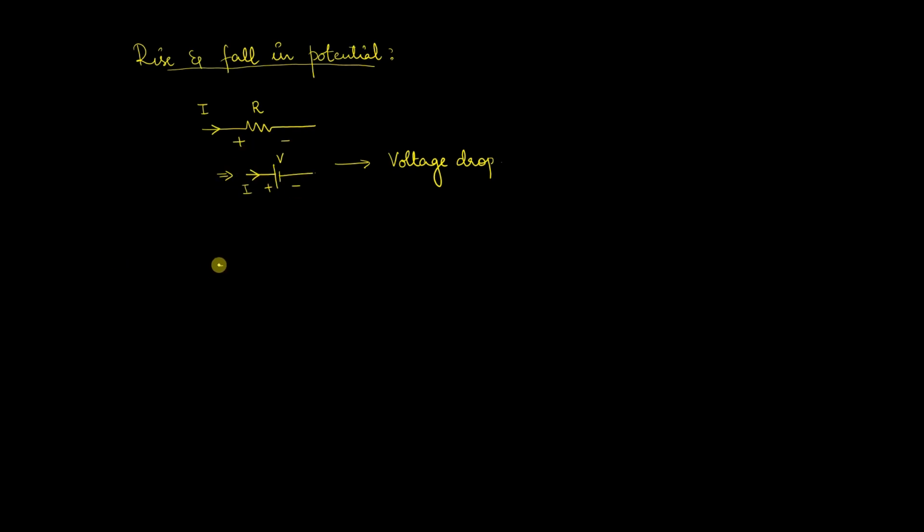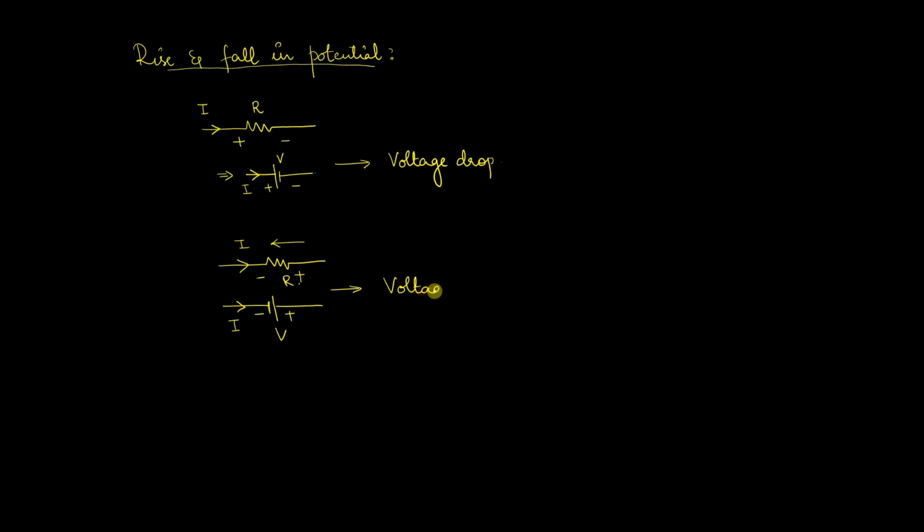Now say I have the same resistor with the direction of current in a similar fashion, but I am considering my conventional current direction to be opposite. Now what happens is that the polarity across the resistor will change. It's going to be minus plus. So in such a case, you are moving in the opposite direction to the current, and this is